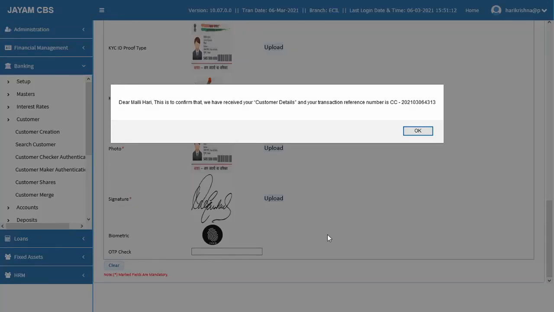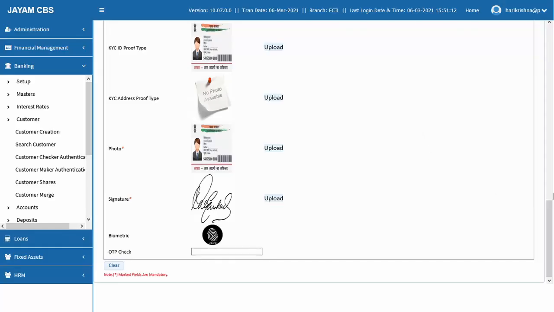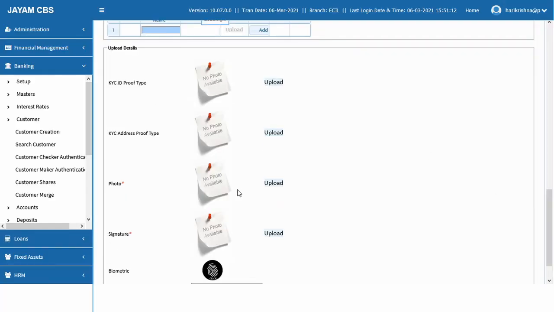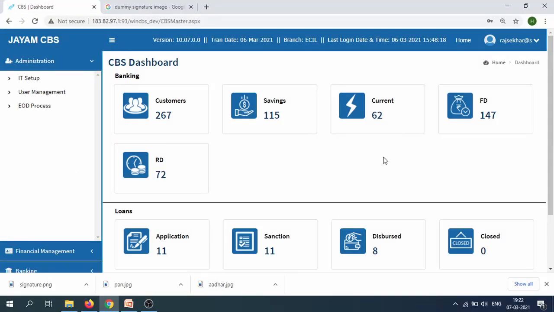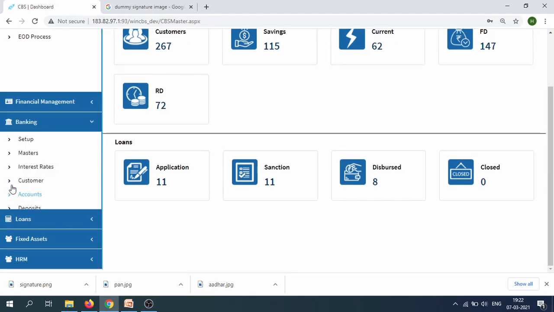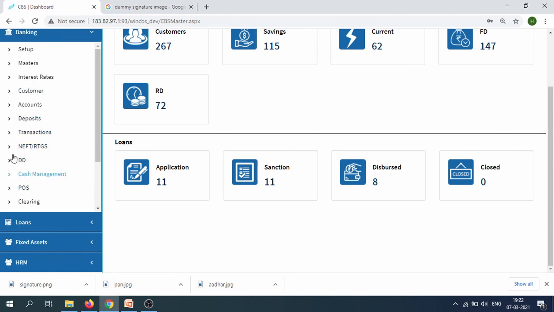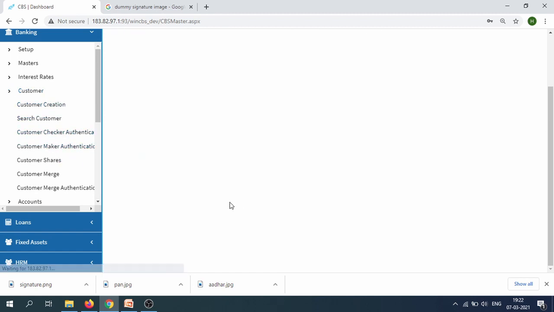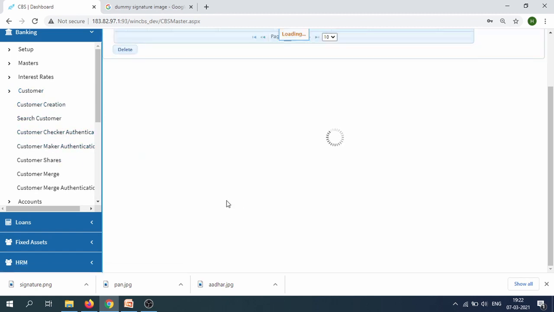I've created the customer. Now I have to approve as a checker, so I log in as a different user. Here I am a checker. This will be pending in the checker authentication screen.